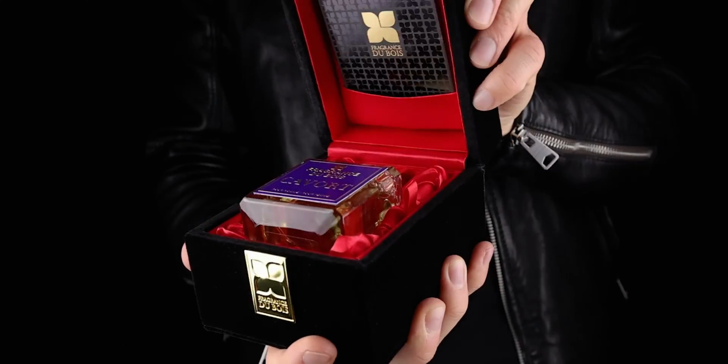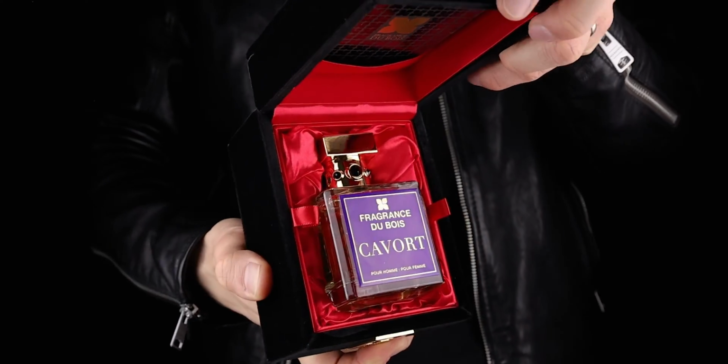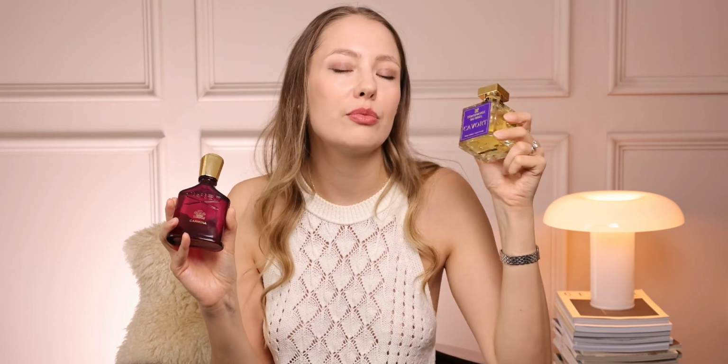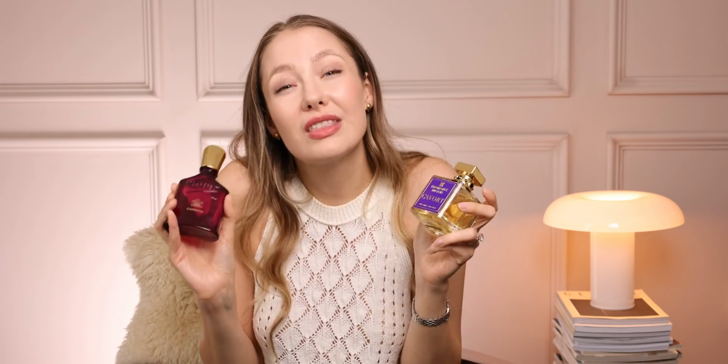And I kept telling you guys that I smell cherries in the opening of this. So that is what ties them together, and also this leathery aspect. It is just juicy and dry and woody at the same time. So juicy, black cherry, but then woody, and the dry down is very similar. The opening is quite different, I will say. This one has much more of this cinnamon spiciness to it, but that rose, this is what I love in the fragrance. They're not the same,